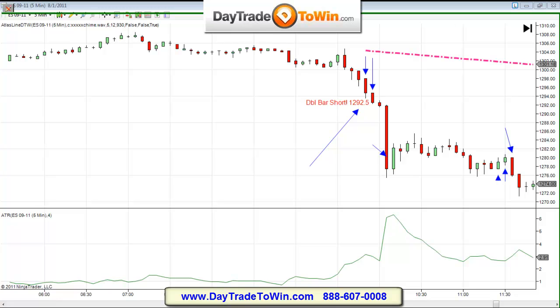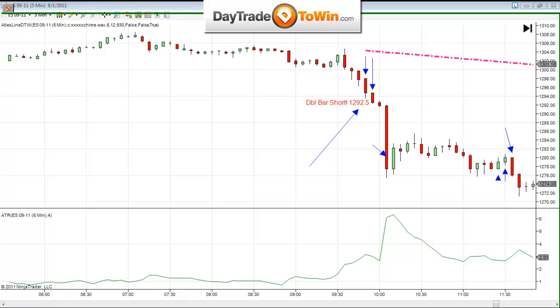The catastrophic stop is relative based on the ATR if it's slow, Joe. And if it happens to be on the opposite side of the Atlas line, then so be it. But a closing price is when it closes on the opposite side. So let's say that it hasn't hit your catastrophic stop, but yet it closes on the opposite side, then you have to be out of the trade. Okay? All right. Very good. So that was on August 1st.